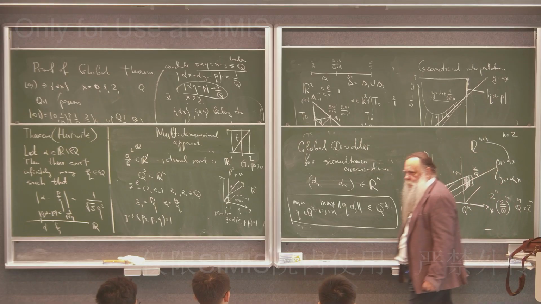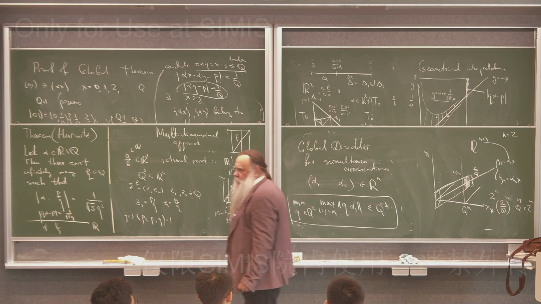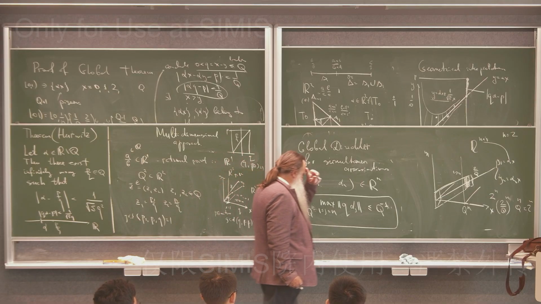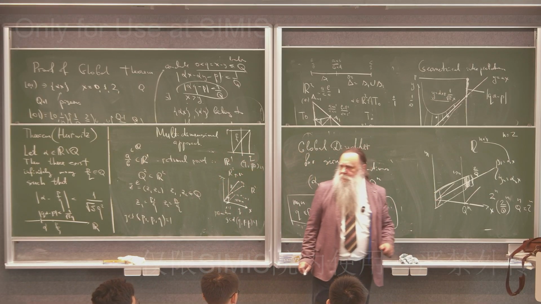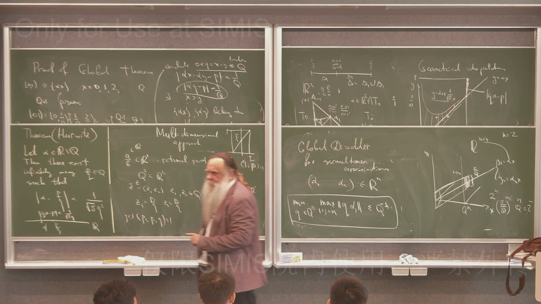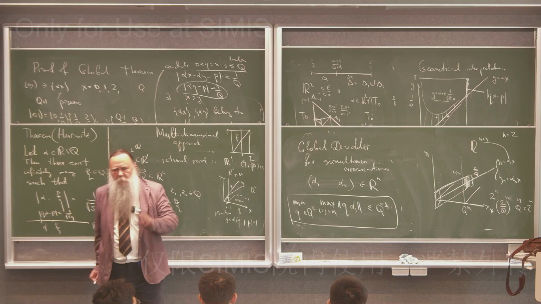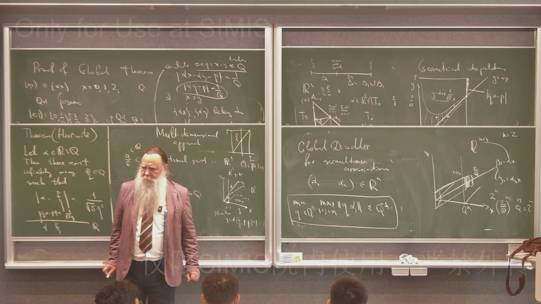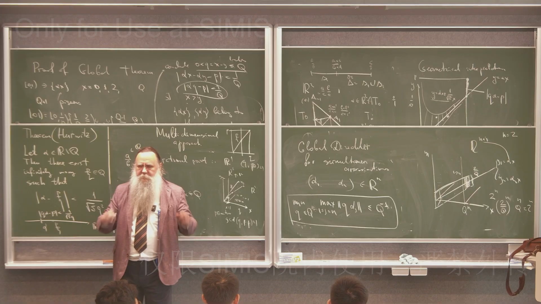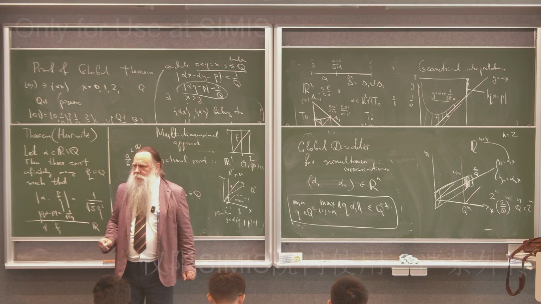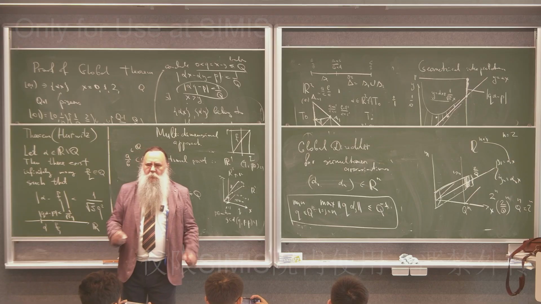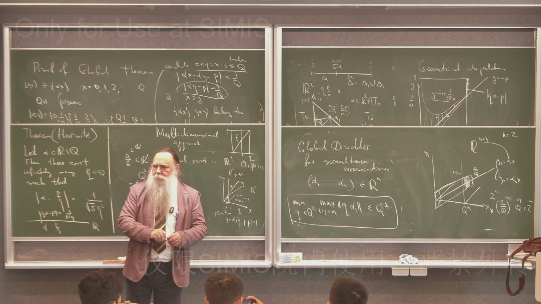And whoever knows the Minkowski convex body theorem will understand that catching an integer point here by the box principle, by the Dirichlet principle, is the same as catching by the Minkowski body theorem. We will speak about the Minkowski body theorem a little bit later. So this is an advertisement of some future lectures. Okay, I think now we will have a break, and you are very welcome to our